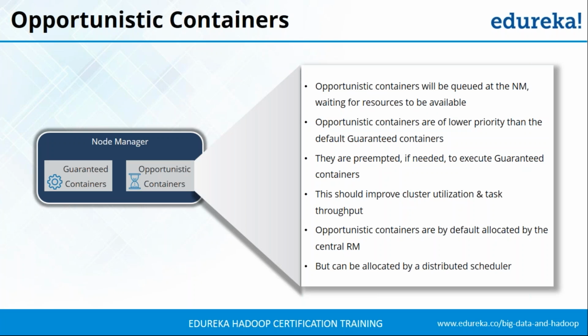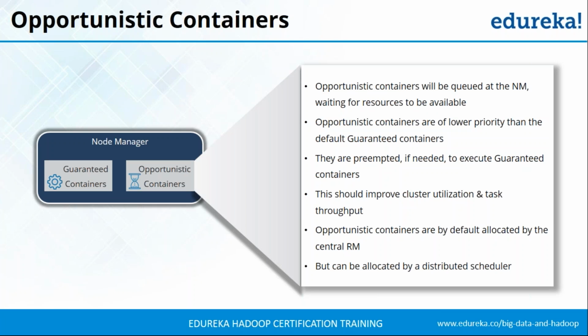Now at the moment of scheduling, if you can remember, in the guaranteed containers, if there are no resources, it won't provide the execution environment. But that doesn't happen in the opportunistic containers. So what happens if there are no resources in opportunistic containers? In that case, these containers will be queued at the node manager, waiting for resources to be available for it